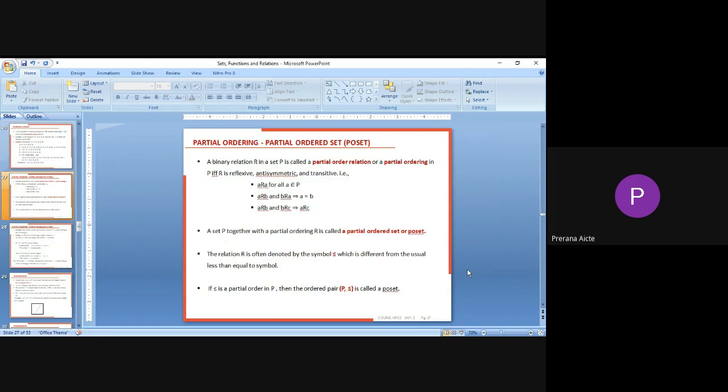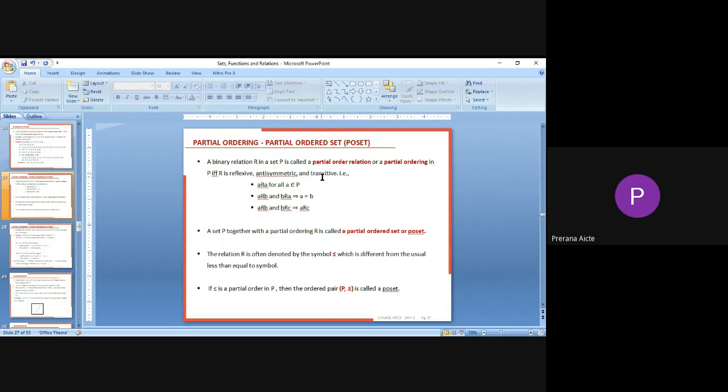Next, partial ordering or partial order set. Okay, so what is this partial order set? A binary relation R in a set P is called a partial order relation or partial ordering if and only if it is reflexive, antisymmetric, and transitive. So just consider any binary relation. If it follows the reflexive property, antisymmetric property, and transitive property, then I can say that it is a